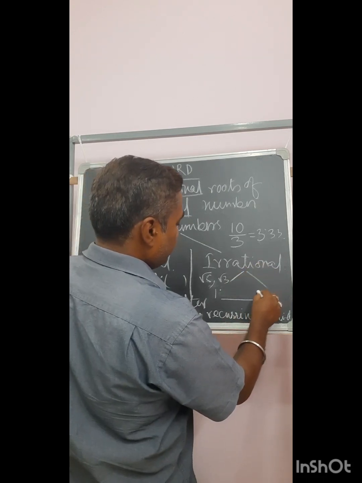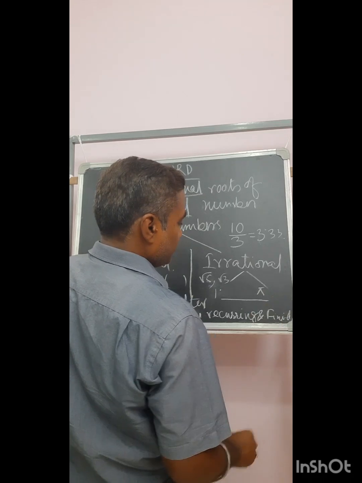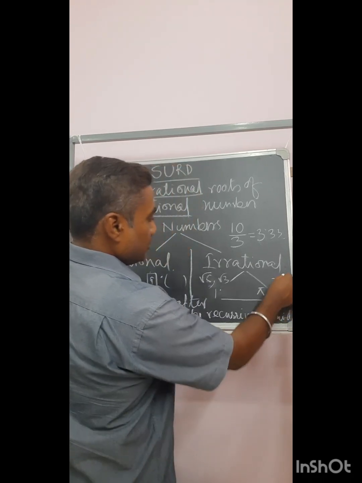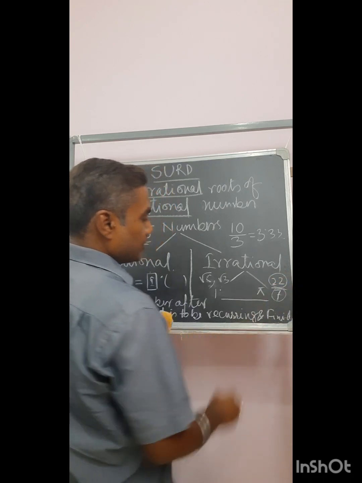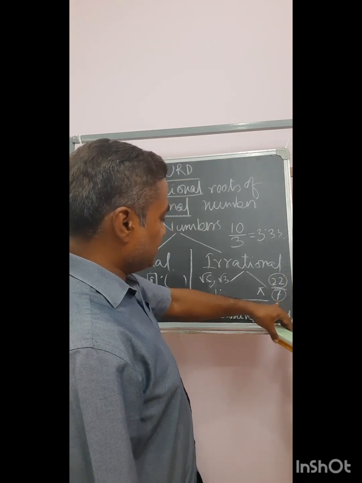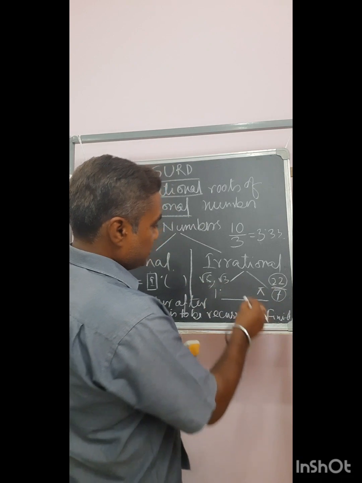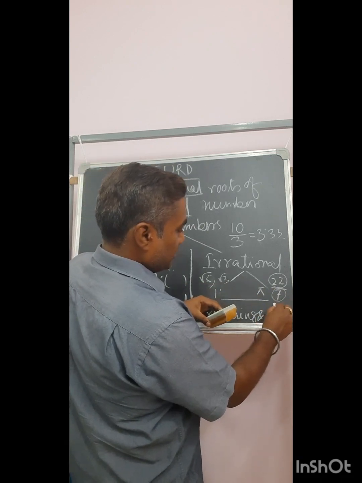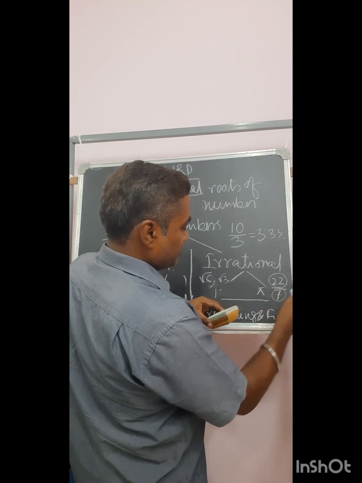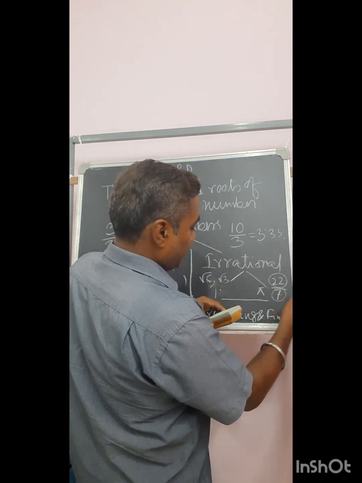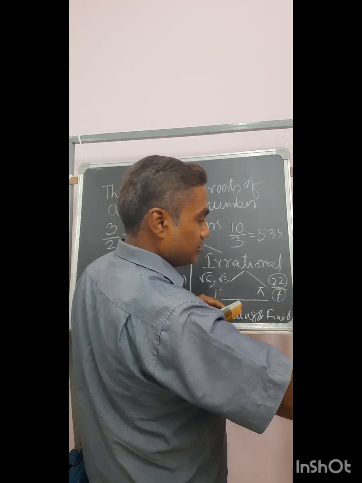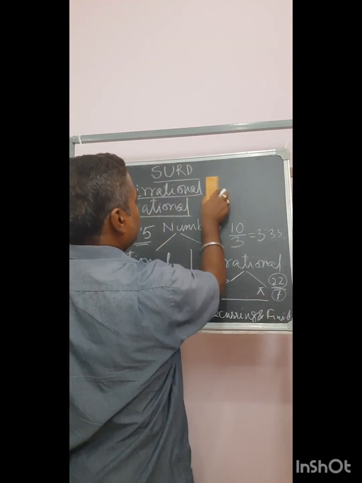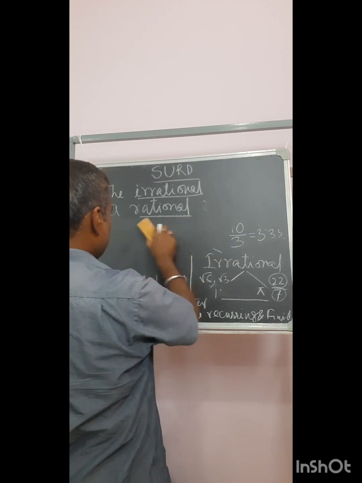Another kind of number, let's say I am taking the example of pi. This is also a kind of number that cannot be written as a ratio of two integers. If I see it in the form of a decimal, the digits after the decimal will not repeat, and it will go on changing infinitely. Just for example, if I take this,